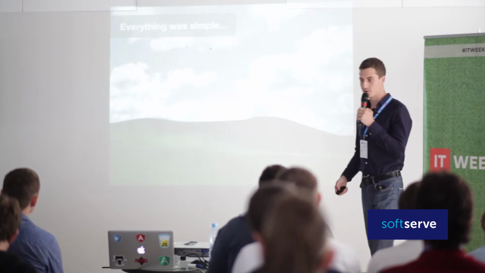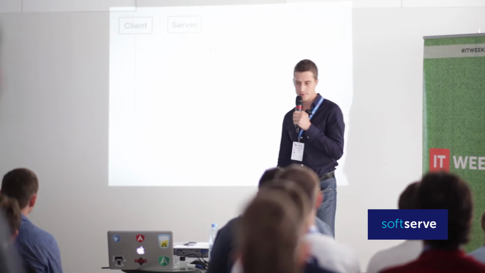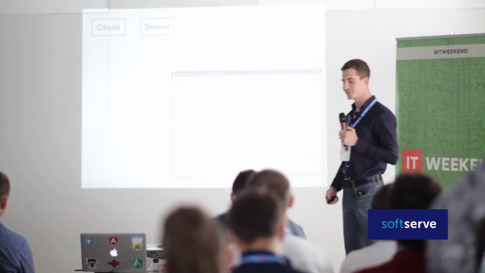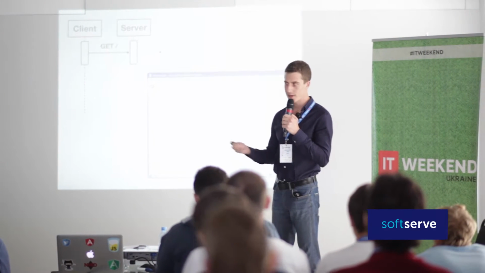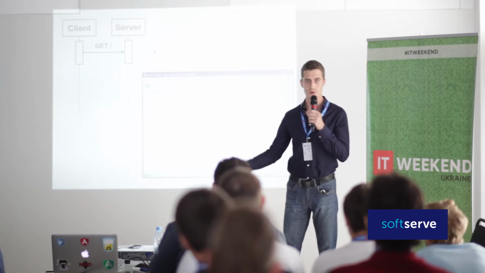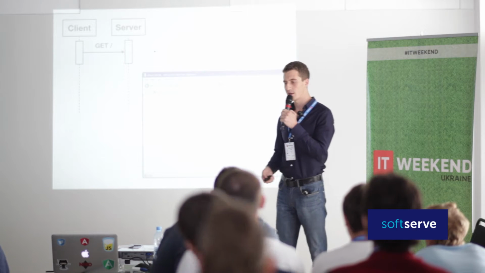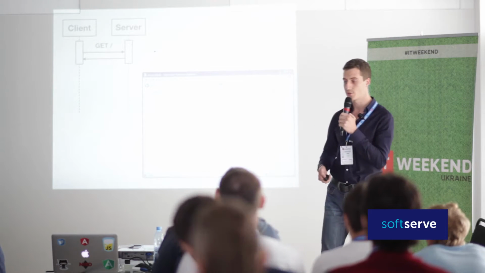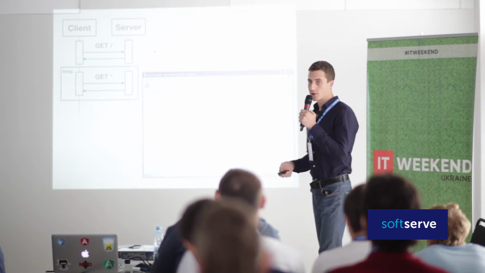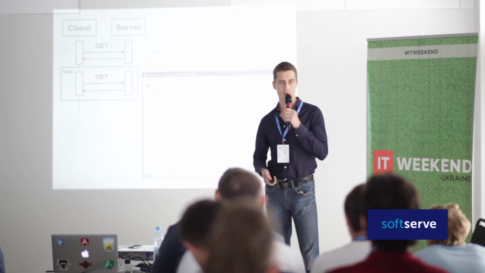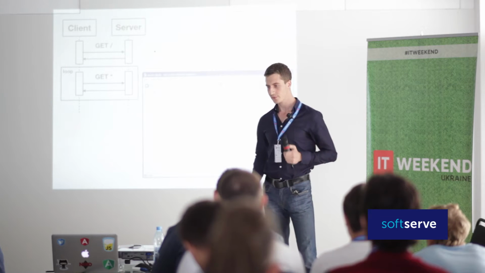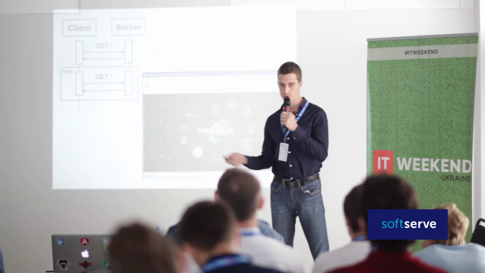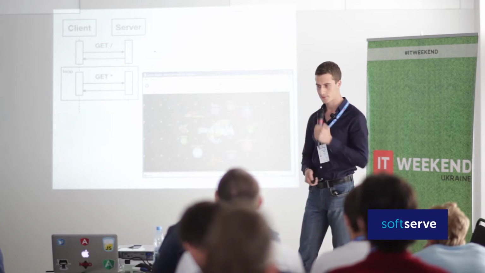Everything was quite simple these days. We had our client, our server, Internet Explorer 6, of course. And the client was making an HTTP GET request in order to get an HTML page. The server was responding with some response. And after parsing the entire HTML content, the browser started fetching some referenced resources, mostly images. And in the end, we were seeing our awesome 90s page, which usually looked something like that.